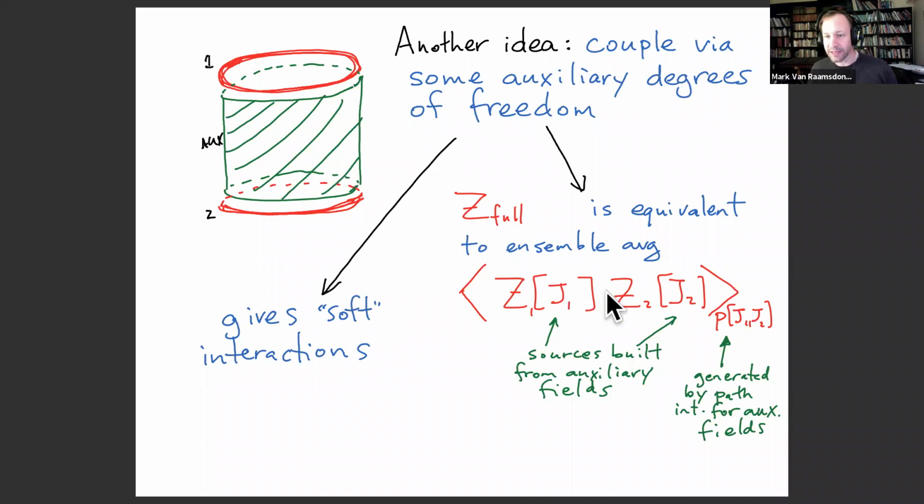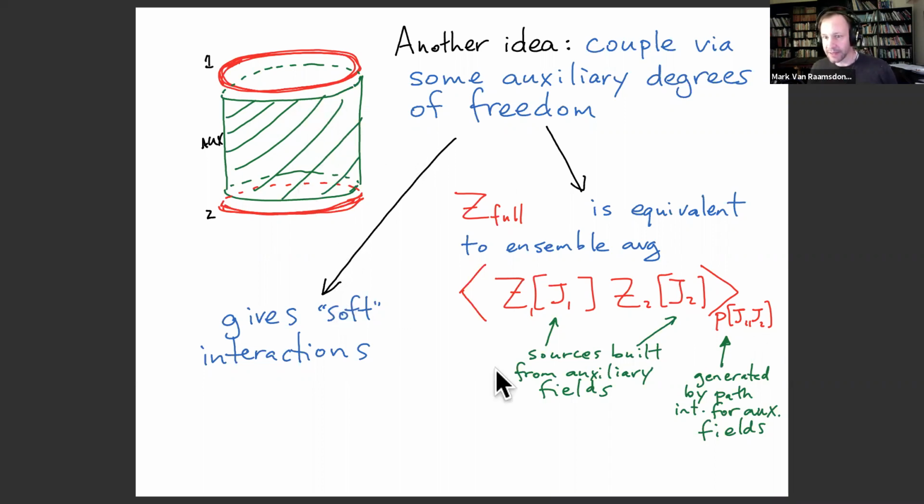That's what the J1 and J2 here are, the auxiliary fields evaluated on the two boundaries. And so when I do the field theory path integral over the auxiliary fields, that will generate some kind of measure or probability distribution for the sources at the